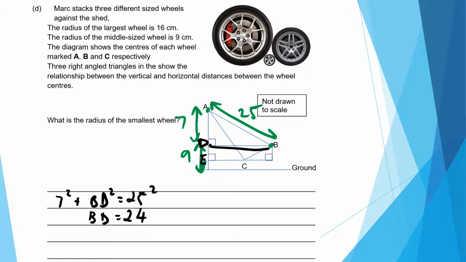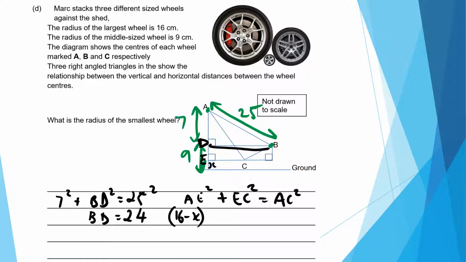AE, now we don't actually know the exact length of AE, but AE squared plus EC squared will equal AC squared. Now let's say that the radius of the smallest wheel is x. That's that little bit in there. So it means that AE is 16 minus x,